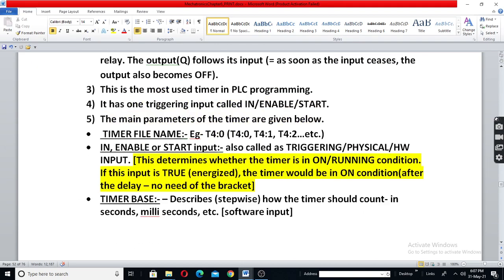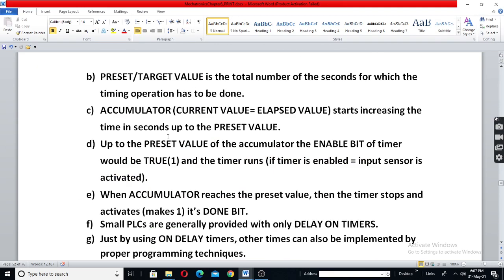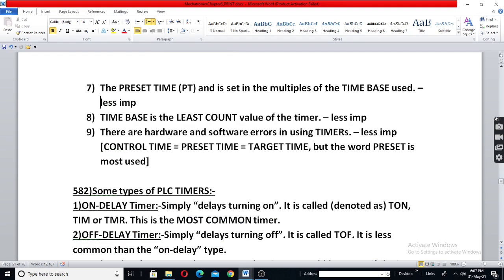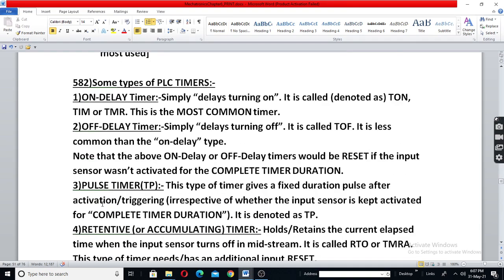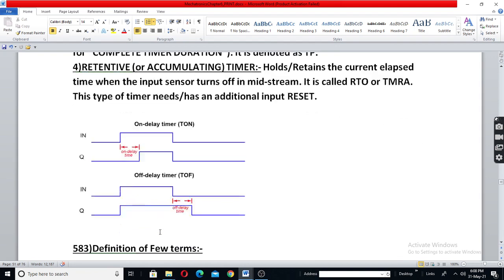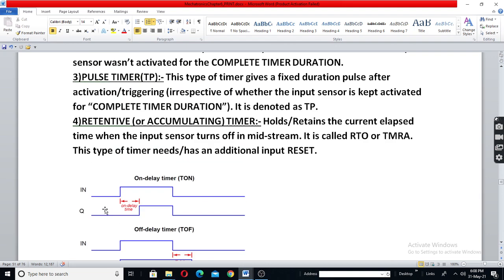Okay. Next we have what is called a pulse timer. The pulse timer gives a fixed duration pulse after the input becomes high. Whether the input remains high or not, it gives a pulse. See here, when the input becomes high, the output becomes high only after some delay.